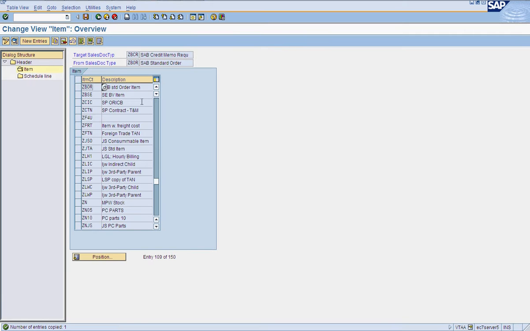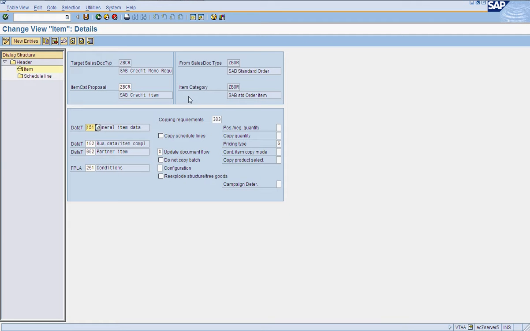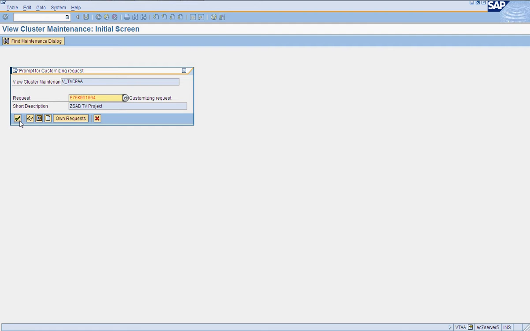Now we have got our copy control set from order to order. In a credit memo request there is no schedule line, so there is no need to copy schedule line category here. We have to just copy item categories.